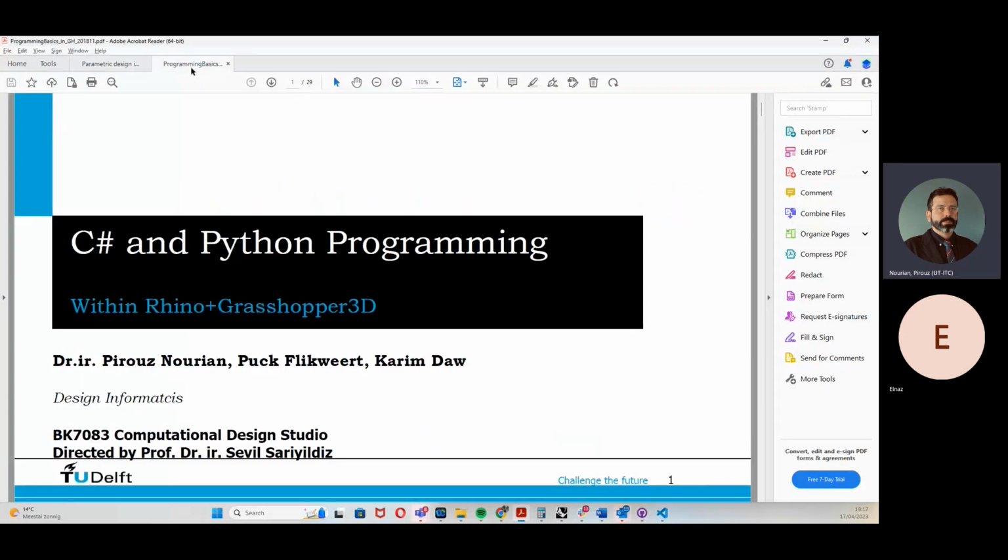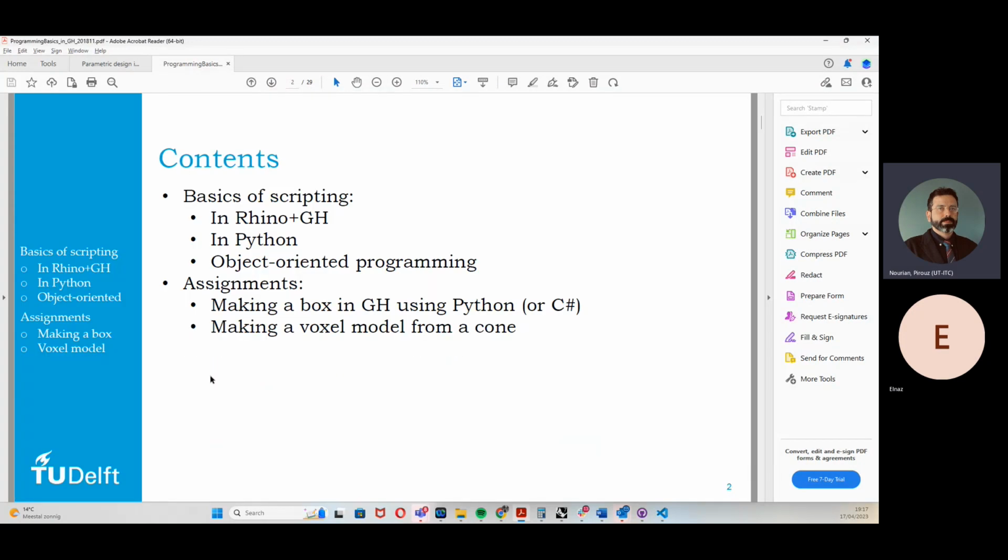Okay. So this is one of the two tutorials that I've put over there in the repository. I will change them a little bit afterwards. But basically, what I wanted to tell you today is what is the big picture of coding in